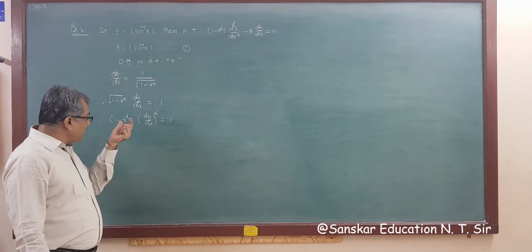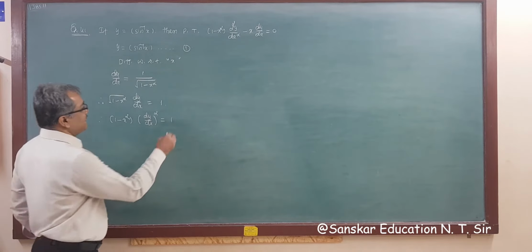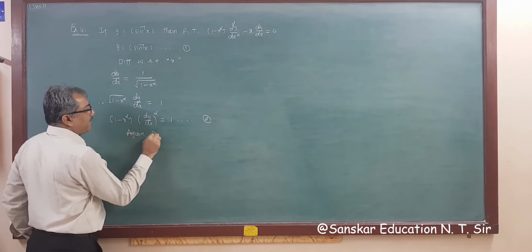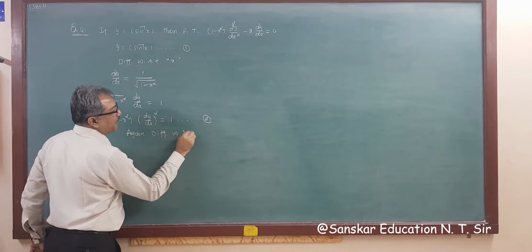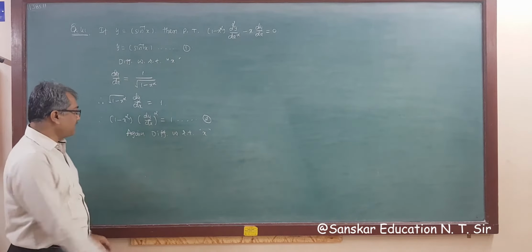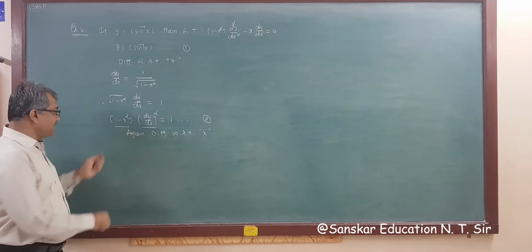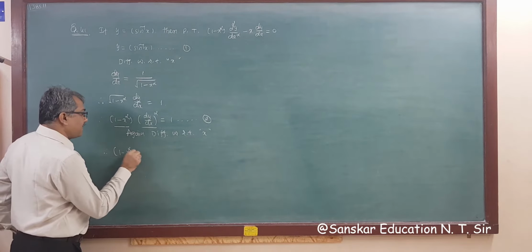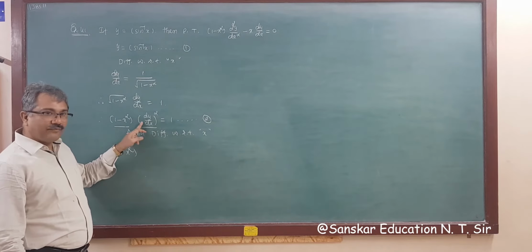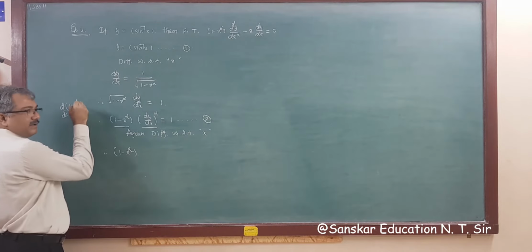Now, is any simplification possible? No. Then say this is result number 2, and again differentiating with respect to x, right? So this is u into v form. So keep 1 minus x square as it is. Now you know the derivative of y1 square. This is y1, right? You know d dx of y1 square.